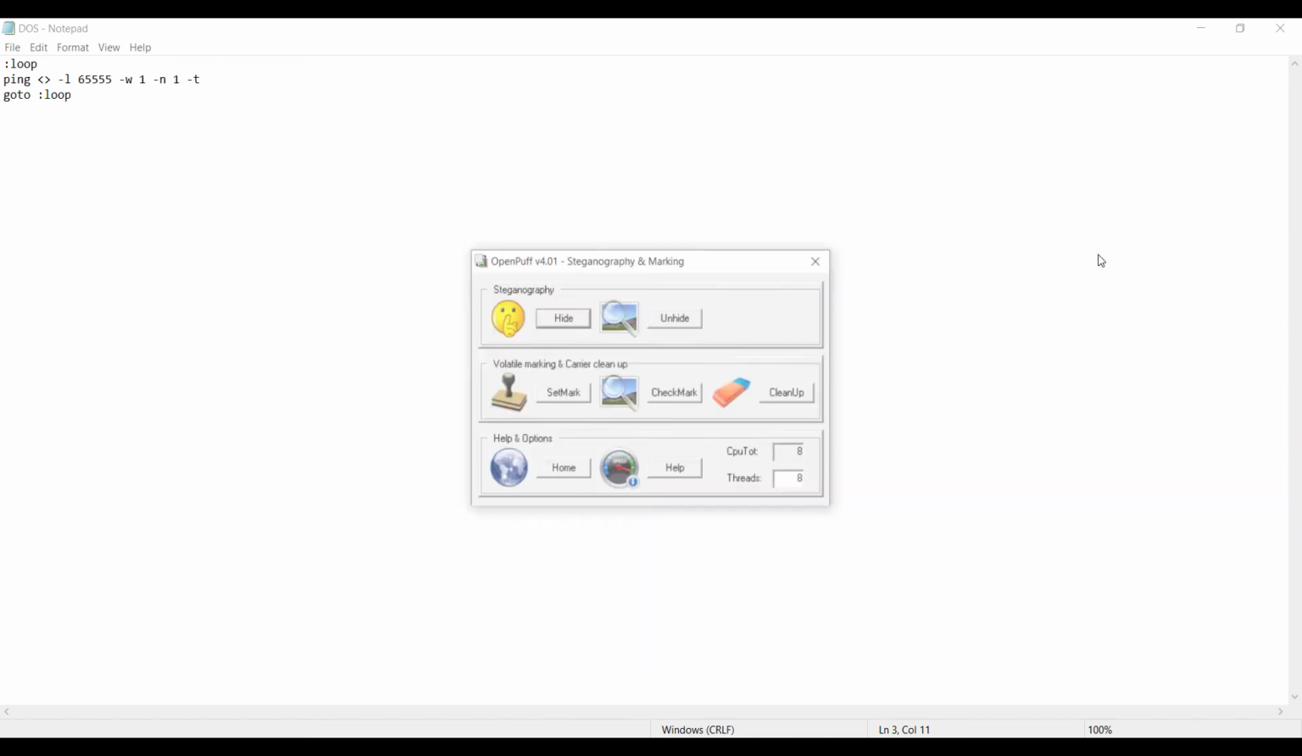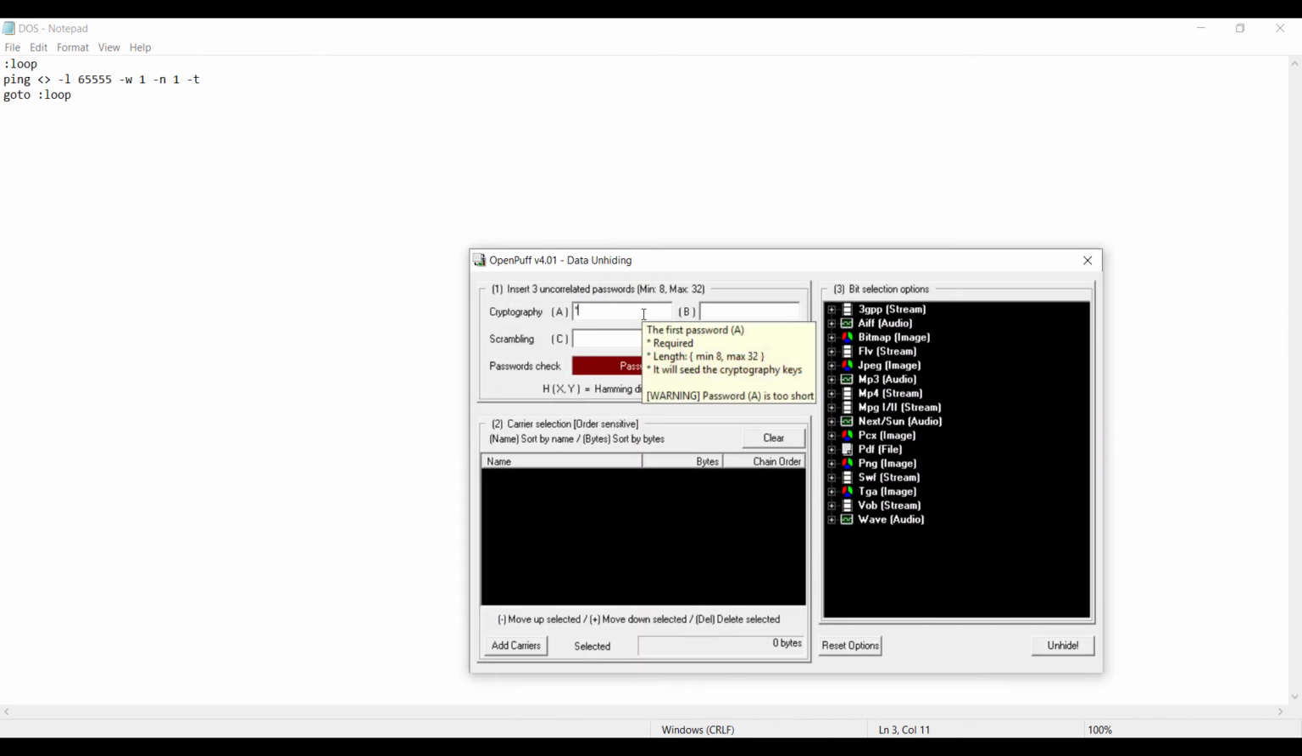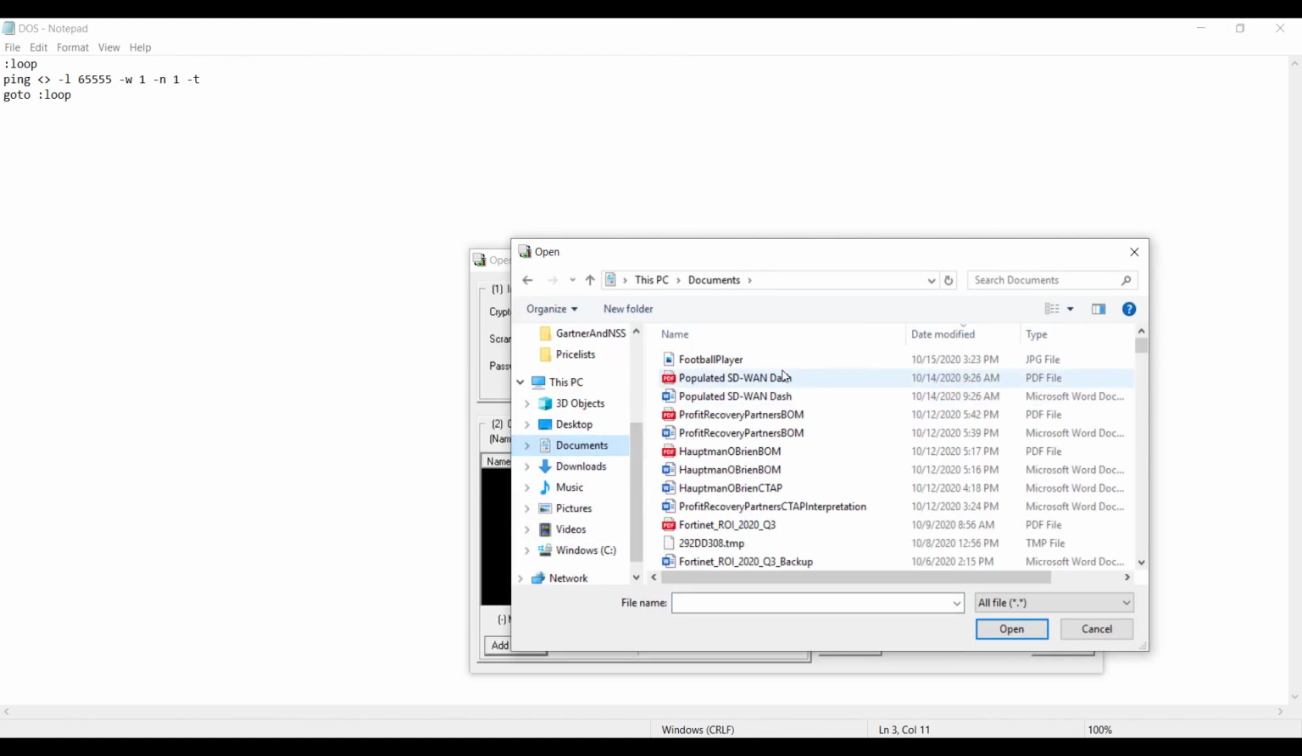Now we're going to go unhide it. So remember I said you always have to use the same program, so we're going to put in the password that I put in the first time. I'll give you a hint, it's steganography. Take out our B and C passwords because we only used one. We're going to add as a carrier now the one that I put in my documents file, which has the file put into it. Open it up